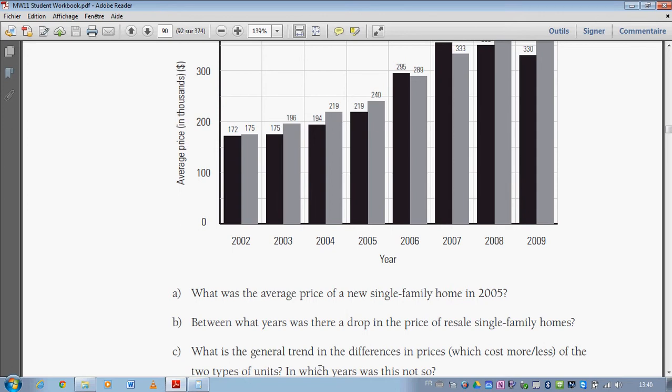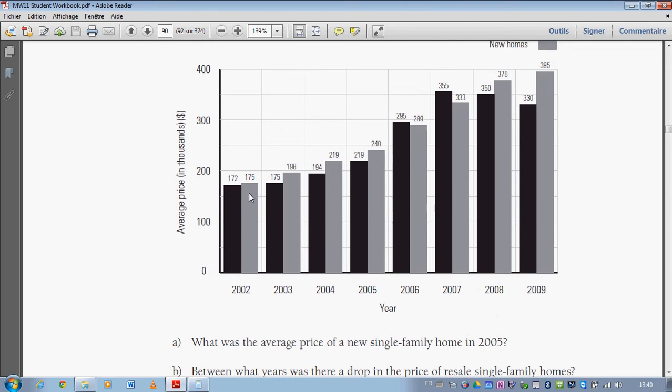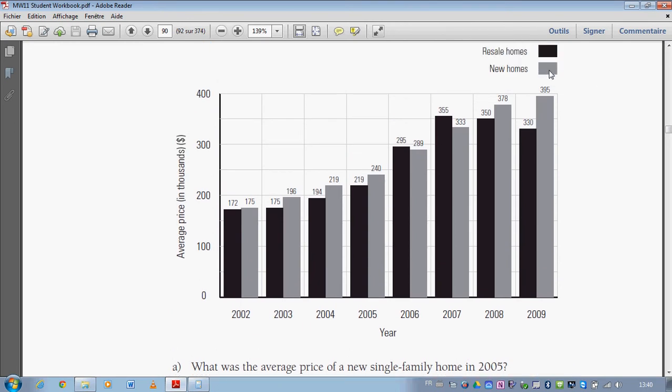Okay, so what is a general trend in the differences in prices, which cost more or less, of the 2 types of units? In which years was this not so? The general trend seems to be that your new homes cost more than your resale homes. Okay, so looking at this, you can kind of see, oh hey, new homes kind of cost more than resale